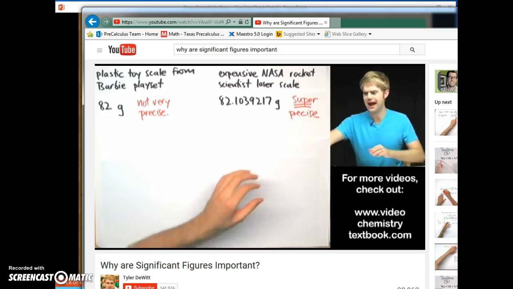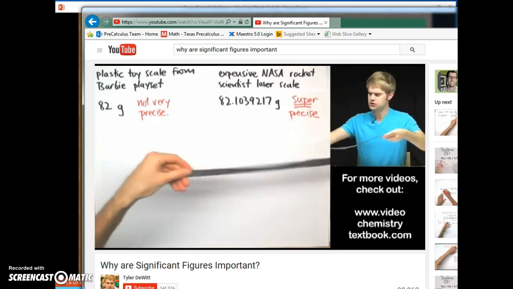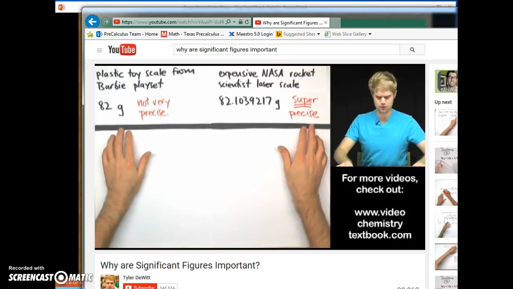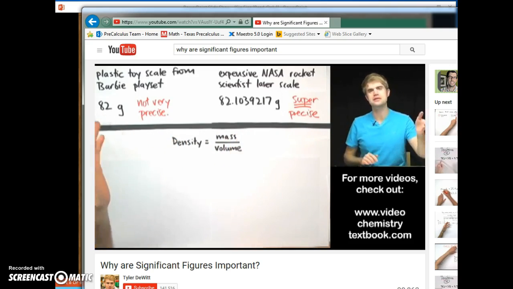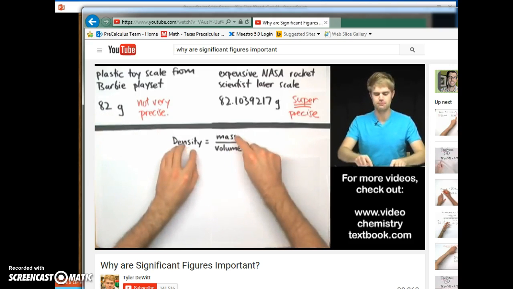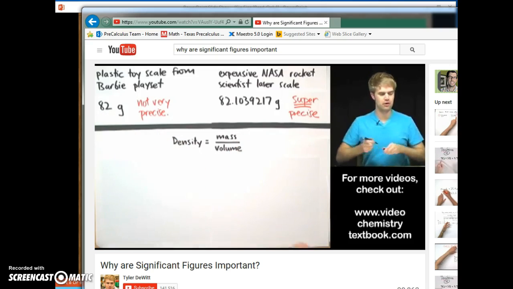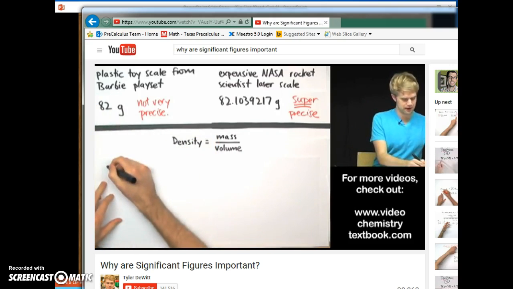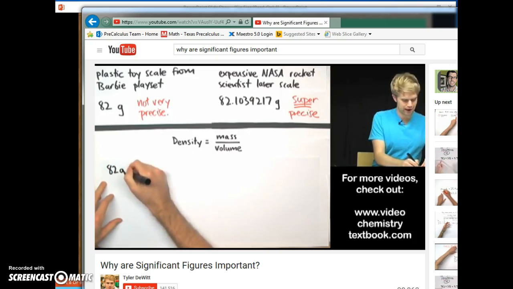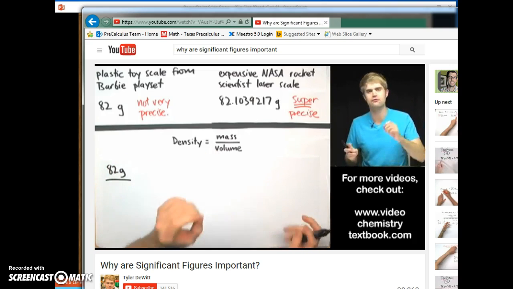Okay? Now, I've got these two values for the mass of the rock. Let's say that I want to use the mass of the rock to determine its density. To do density, I'll do mass divided by volume. So let me take the mass from the Barbie playset here. Okay, so I'll take 82 grams, that's the mass, and then I'll need to find out the volume of the